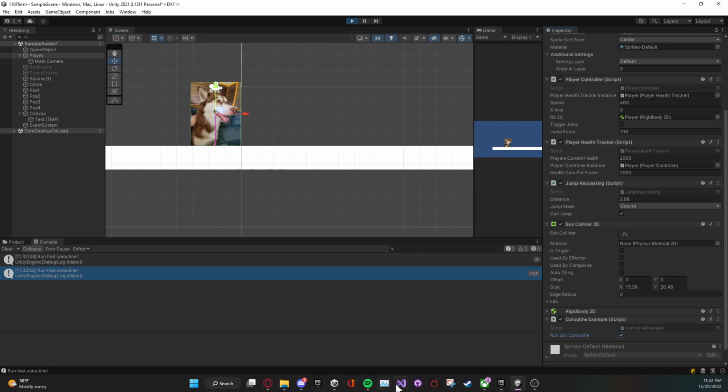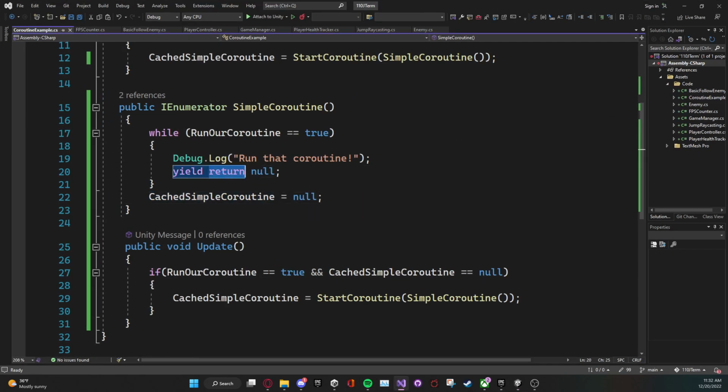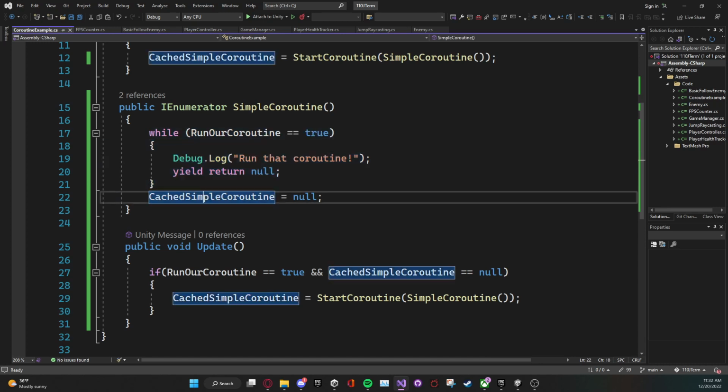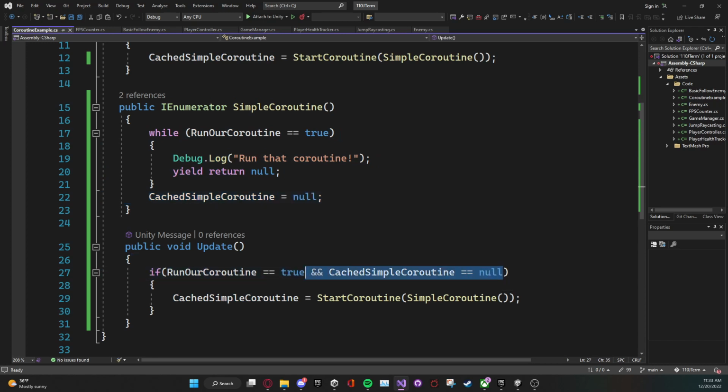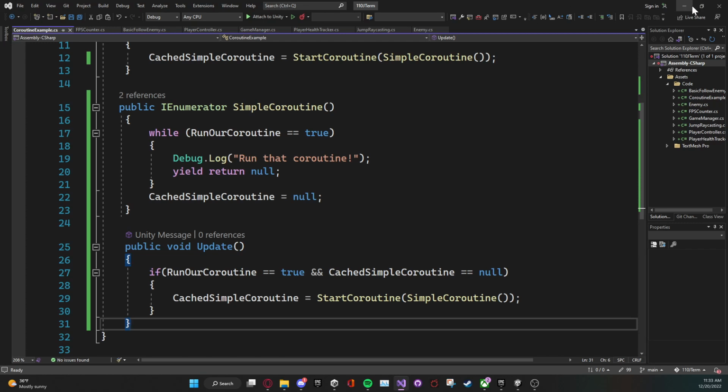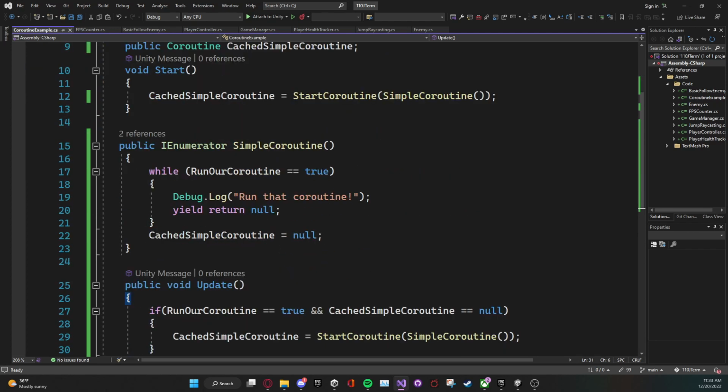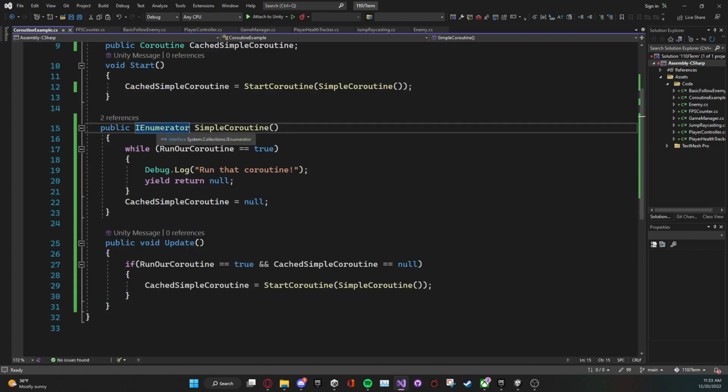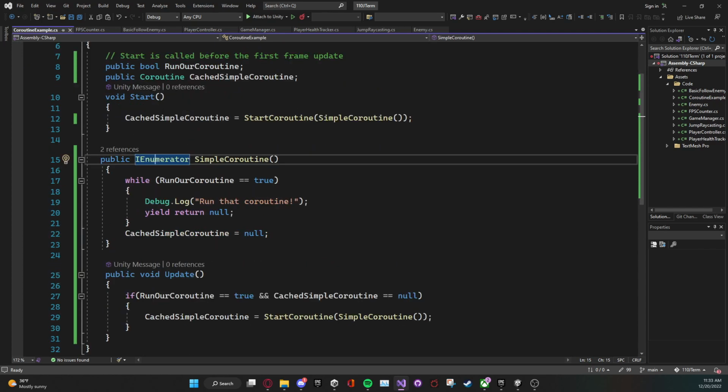Now, this only works because after our while statement, we're putting in this cached simple coroutine equals null. It basically cleans up for us. So that way next time run our coroutine is set equal to true, we can say, yep, let's start a new one. And that's the wrap up about coroutines for the most part. There are many different ways you can use this. There are other types of enumerators, but this is one of the simplest and easiest ways to clean up your update functions,